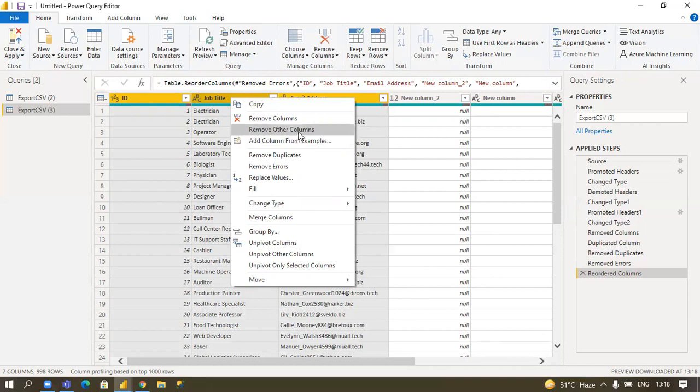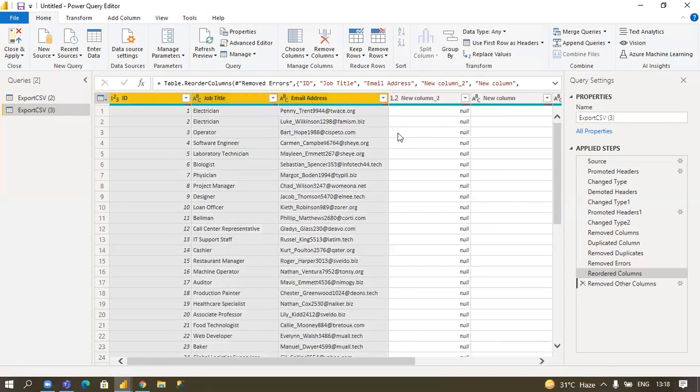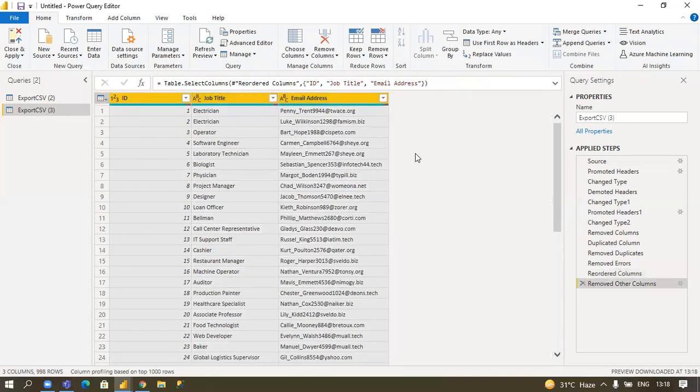The remove other columns option deletes the columns which are not selected. You can see now every column has been deleted excluding the selected columns.